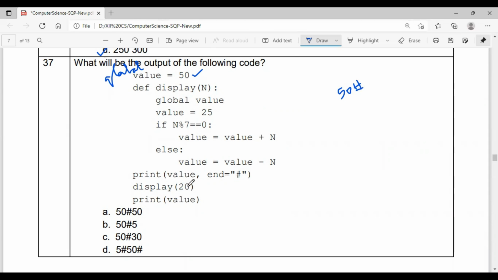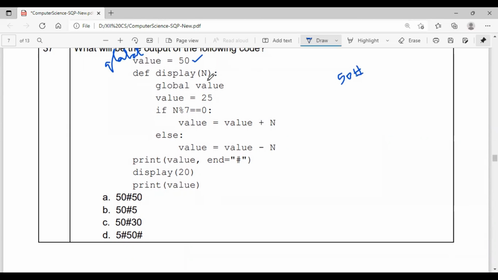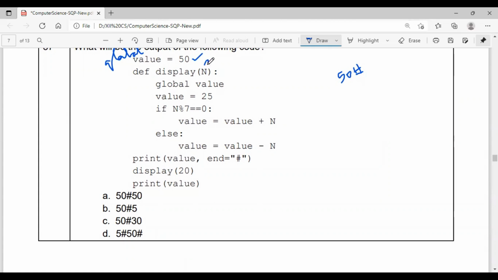Now the function is called with 20. Now your n becomes 20. So with the global keyword, I have called the global value inside the function. That value is equal to 25, means what? Value initially is a global value that is 50.